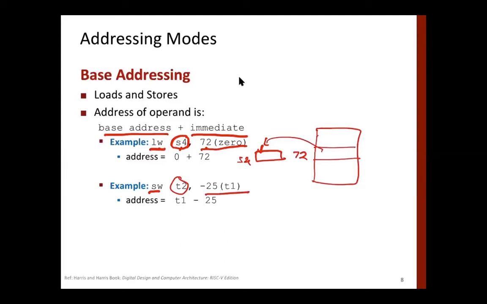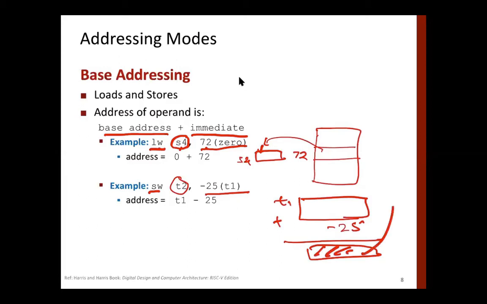What is the memory location? This is where the contents of T1, so I will look at the T1 register and add to that -25. Whatever the address is, go to memory at this address and store the word which is in T2. So this is a pointer as a summation, and the contents of T2 must be moved to that place. All right, so this is a pointer and the contents will be transferred to that.